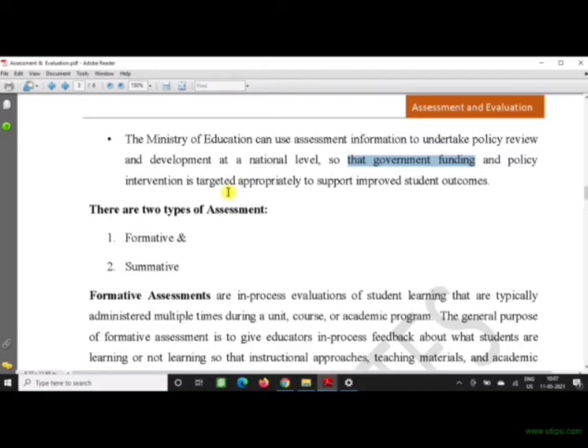Now, it is only 1 year since NEP 2020 has come out, and people still have different ideas regarding this, and states still have to work on this NEP 2020.